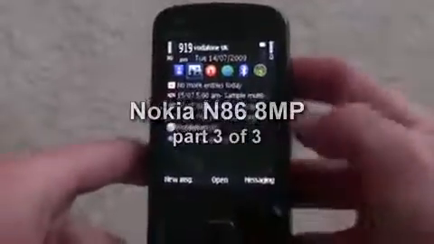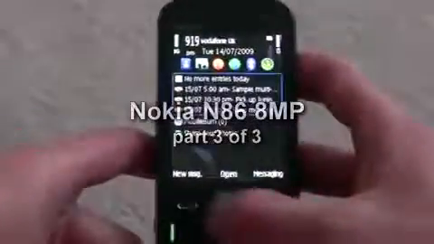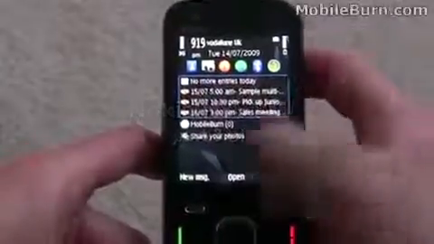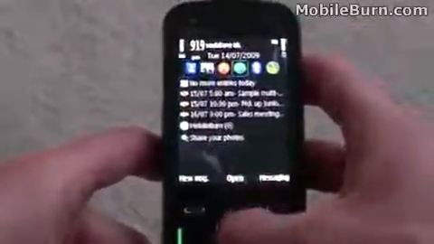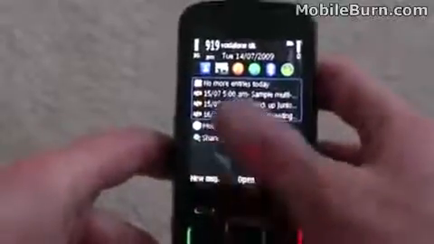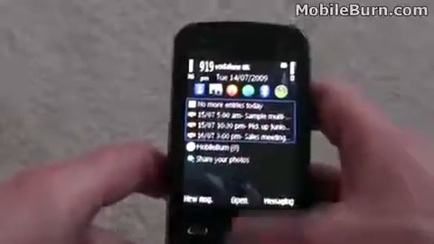Here we've got the active standby home screen. We can see at the top here we've got 6 shortcut icons which are user configurable, so you can have whatever you like up there. Beneath it we've got this calendar entry box here which says no more entries today, and then has a list